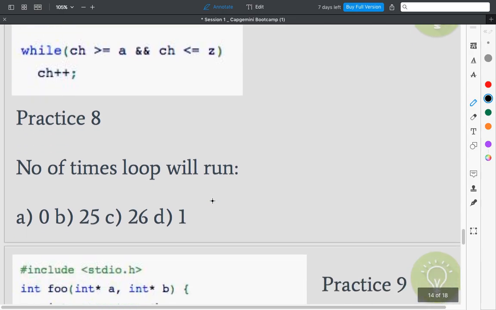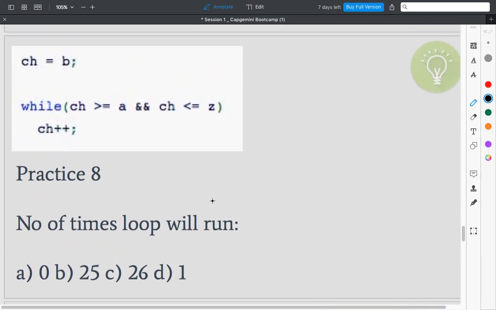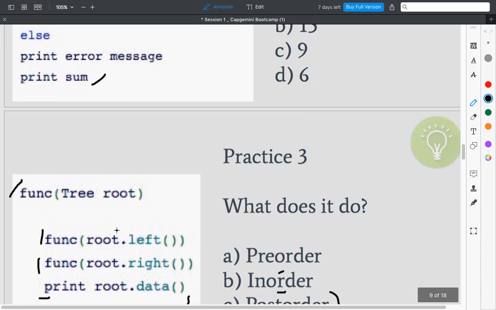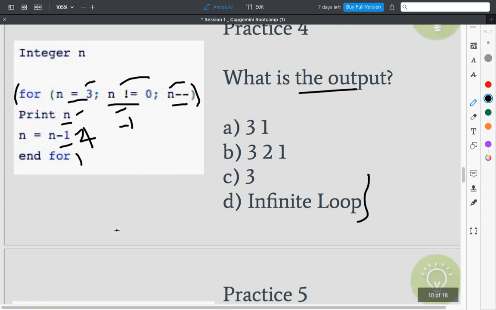The next category of question is to tell you how many times a loop has run. So it is also a very interesting question. In this we have understood the for loop,